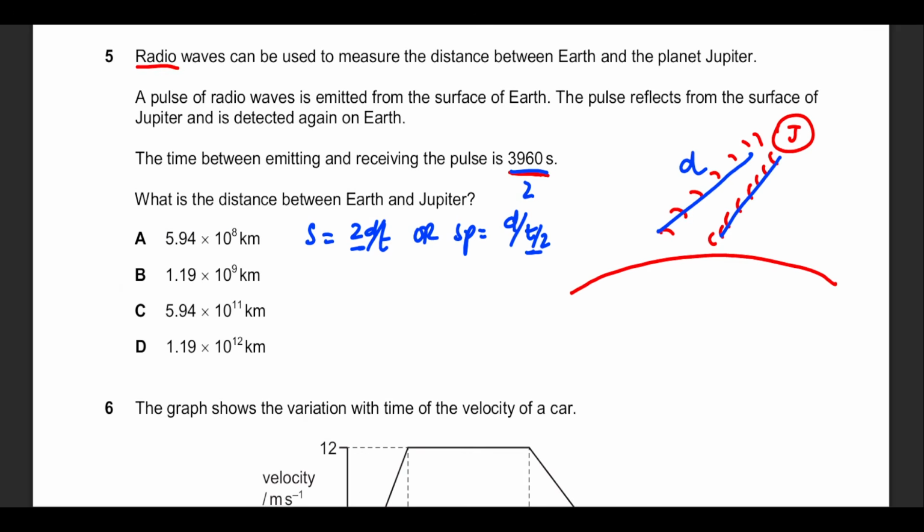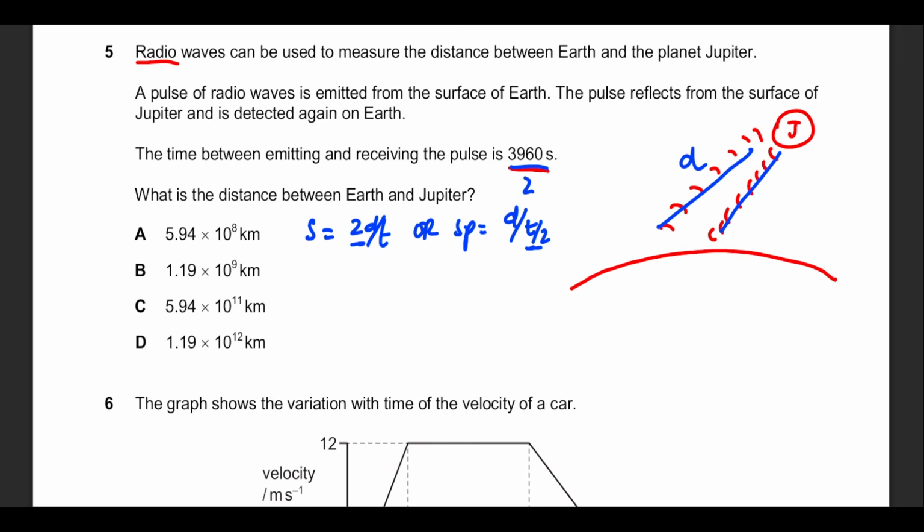Now, the confusion is that the speed of the wave is not given, but we know that all the electromagnetic spectrum waves actually travel at the speed of light in vacuum. So this should be 2d divided by 3960. Now, the d in this equation comes out as